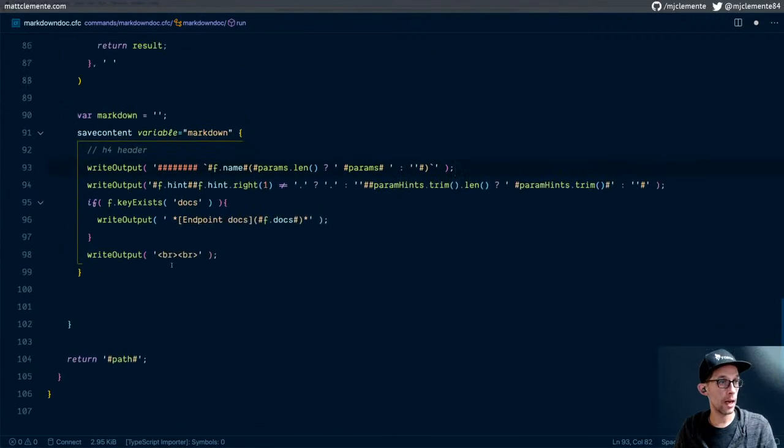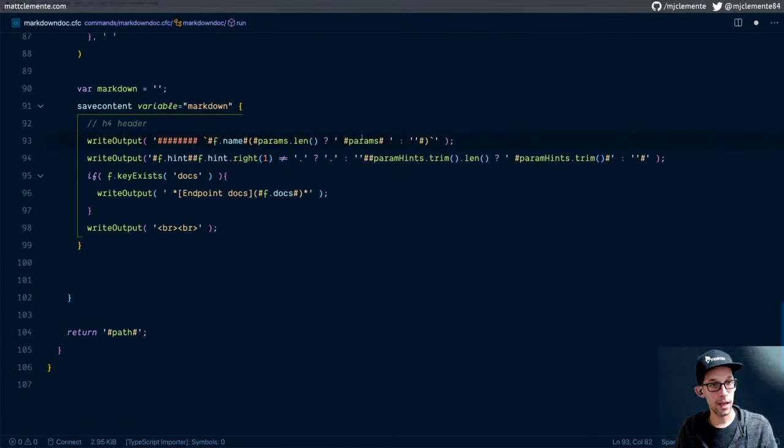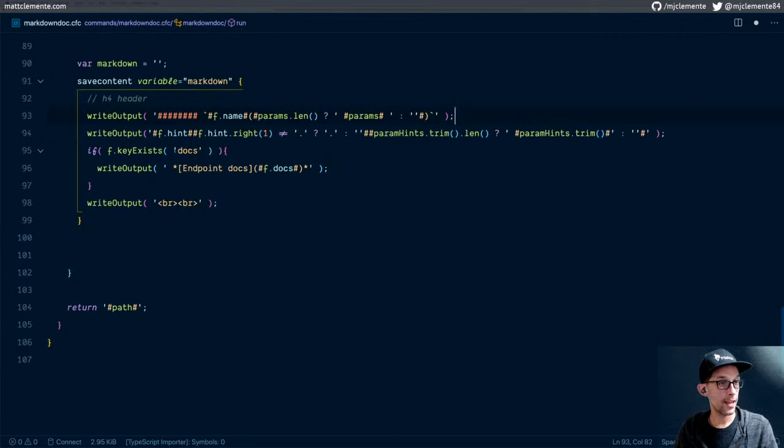Okay, so I'm grabbing my function. It's my var f. If my function name, put together the params. If the function has a hint, if it ends in a period, if it doesn't end in a period, I do my own period. Otherwise, I don't put anything there because it's ending in a period itself. I'm trimming my hints. If they're there, then I put my param hints there after the function hint. And so then this,